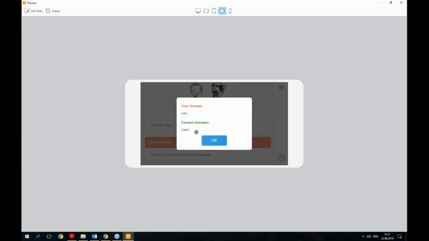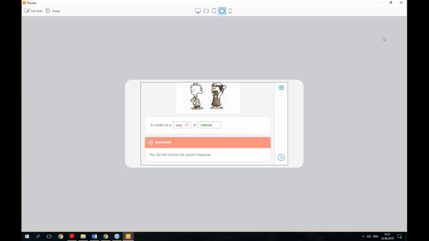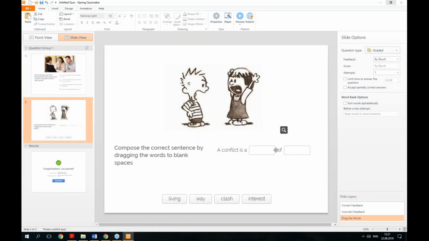Still gives you feedback, still shows you the correct responses. Okay, now that we created those two questions, let's talk about some of the more advanced things that Quizmaker can do, like